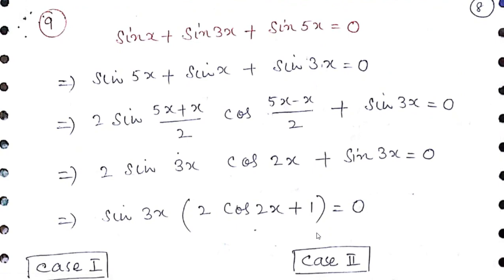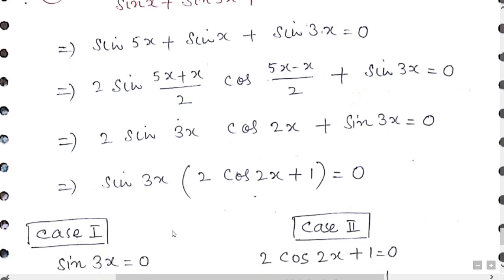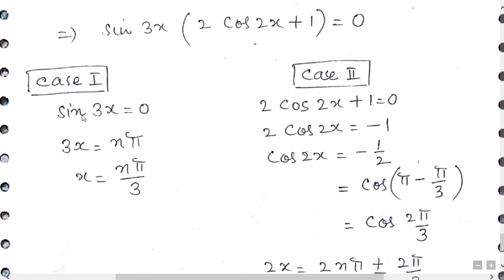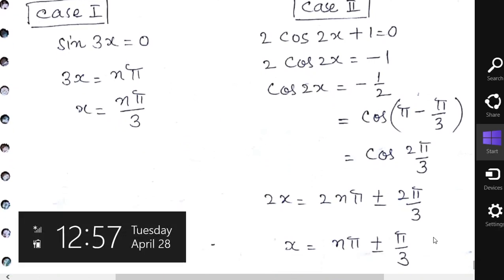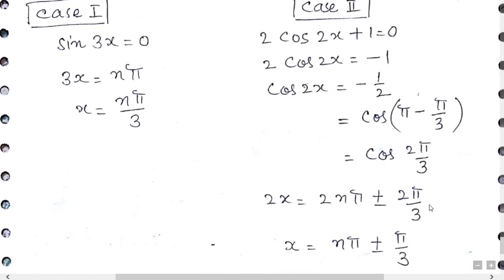Question number 9. Apply the formula in two terms. You can select any two terms, but select so that you can take sin 3x common, or sin 5x or sin x common. Select in such a way. Suppose I select the first and third, then I can clearly generate sin 3x. It means I can take sin 3x common. Then again two cases are there. In the first case, sin theta is equal to 0, then theta is equal to n pi. And in the second case, cos theta is equal to, or cos x is equal to cos pi, and then x is equal to 2n pi plus minus y.